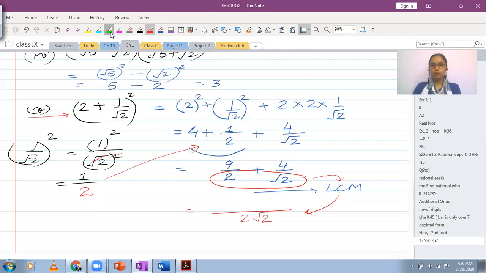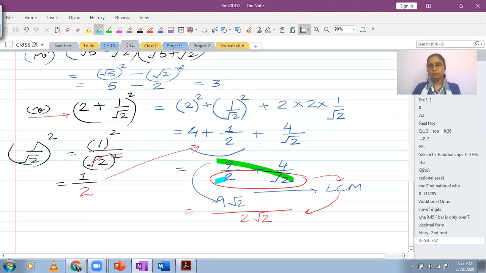And after this, you want to just cross multiply. So this will be multiplied. You will get 9 under root 2 over here, multiplying these two. And then you want to multiply these two, and the answer obtained from these will be written here. So 4 into 2 will be 8, and in between you have the sign of plus. Now, once again, in the numerator you have a binomial, in the denominator you have a monomial.